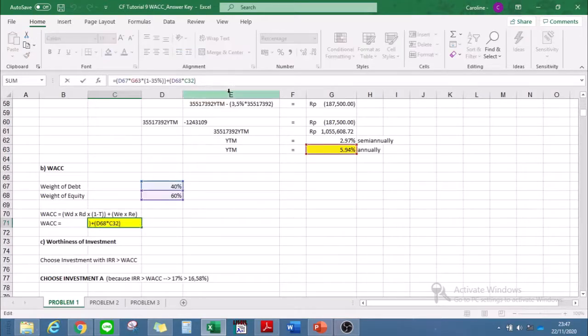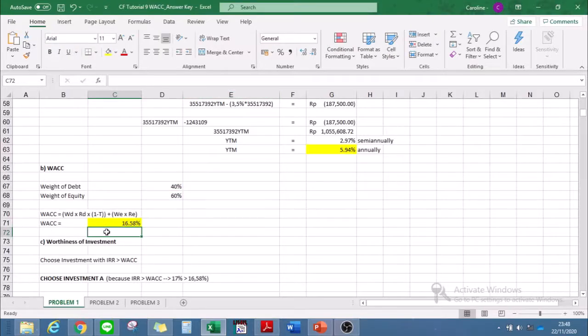Okay, and then we find that the WACC is 16.58%. This is the required rate of return or the cost of capital